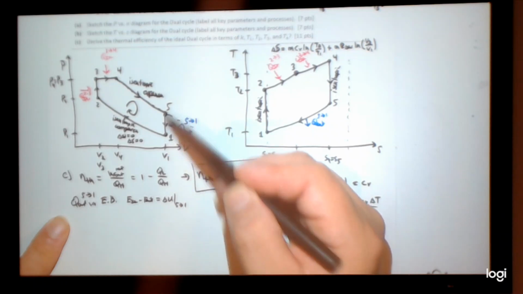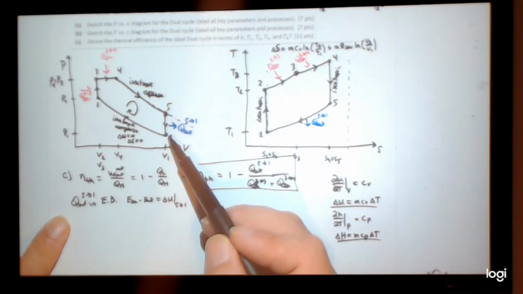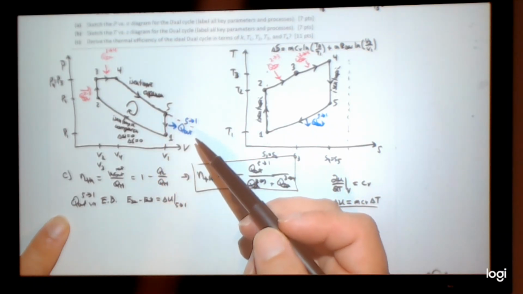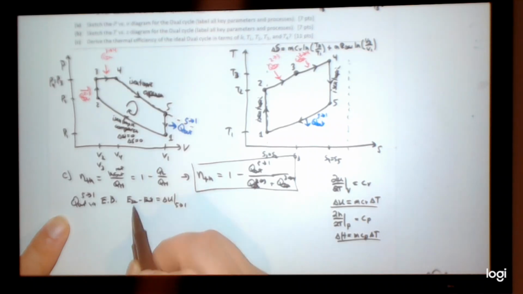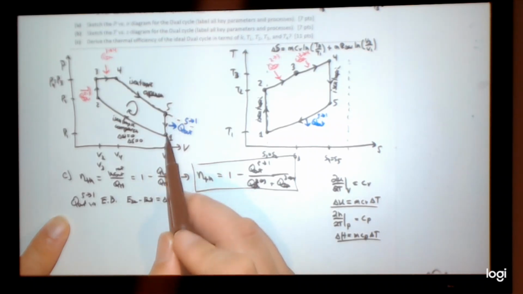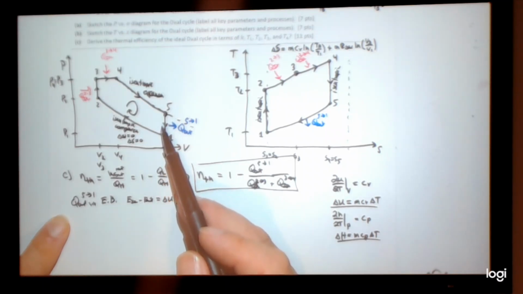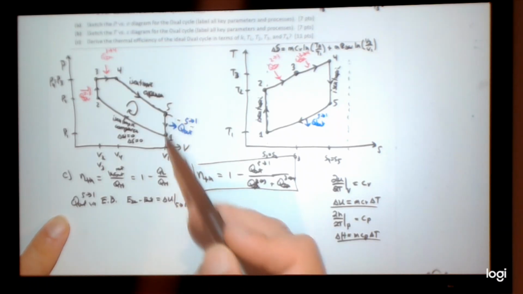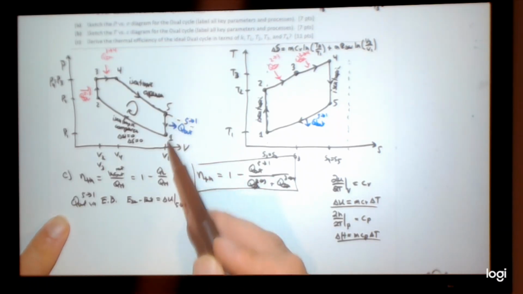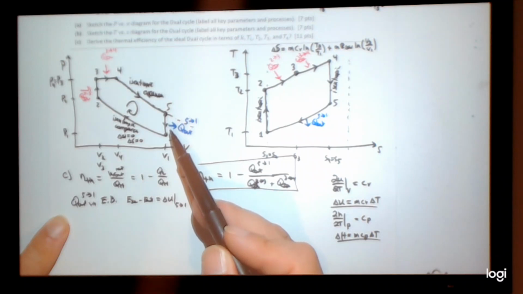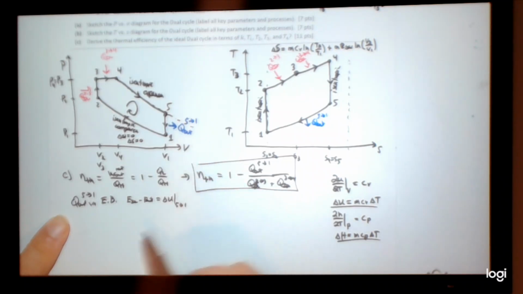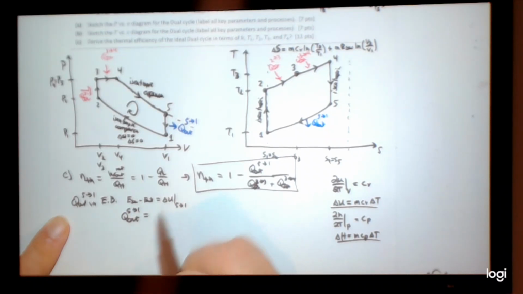No, because it was constant volume. Was there heat in? No, the problem specifically said there's heat out. So this is basically nothing. And then what are my forms of energy out? Is there work out? Well, no, the volume was constant. I could put in the integral of PdV, but there's no change in volume. There was no mass transfer. It's ideal. Dual cycle, and all I have is Q out 5 to 1